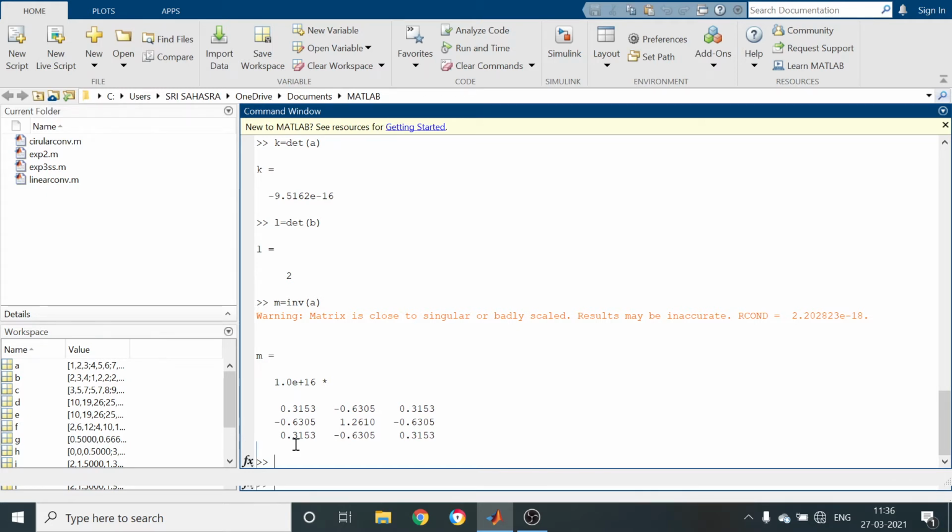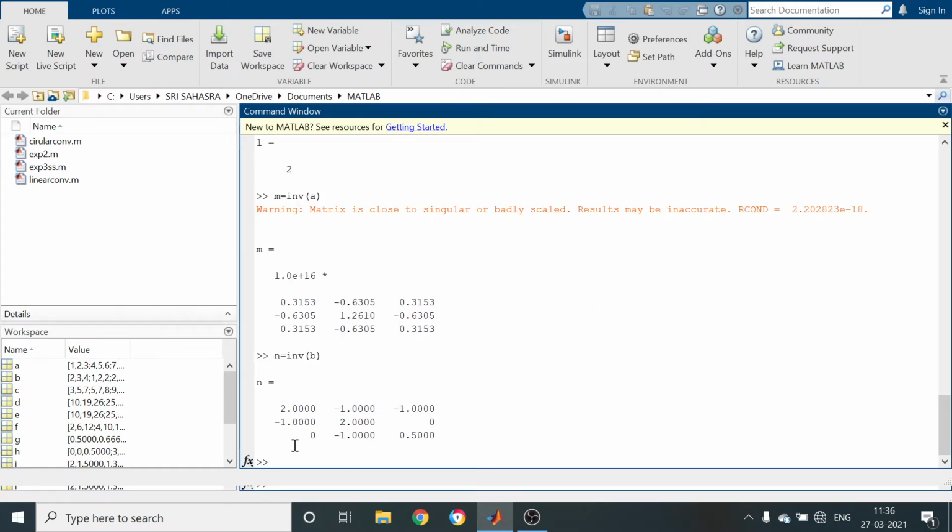Matrix is close to singular or badly scaled. Results may be inaccurate. If the determinant of the given matrix goes to 0, the inverse calculation is impossible. That's why you have to choose the elements in the correct way. Next I am going for N equal to inverse of B.